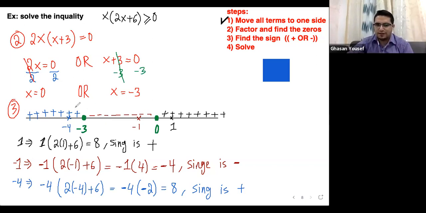From minus infinity to minus 3. Any number from minus infinity to the number minus 3, like this, all numbers here satisfying this inequality until number minus 3, and all numbers from 0, like Ryan said, goes to infinity. Okay, so the solution for this one,